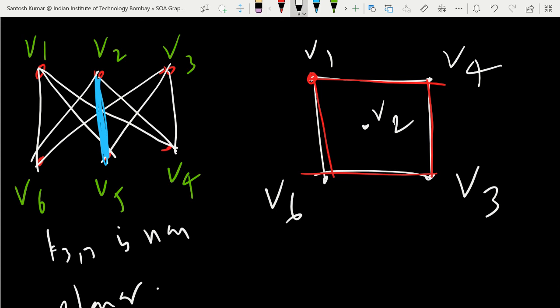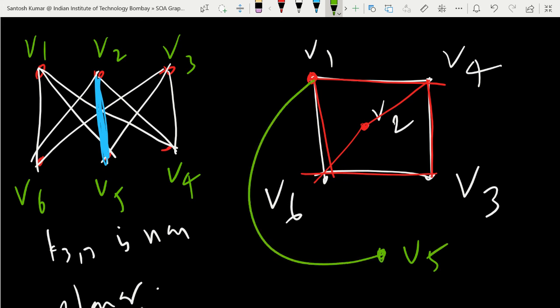We are constructing it like we proved that K3,3 is non-planar, if you remember. V2 has edges with V4, V6. And we have not taken V5 yet. V5 you can take anywhere. Suppose I take V5 here. V5 has an edge with V1, V2 you have to delete, so I don't draw this, and V5 is with V3. Now you see, if you draw V2 V5, then it will create edge crossing. But if we remove that,